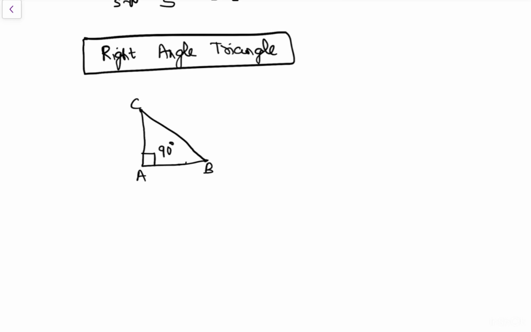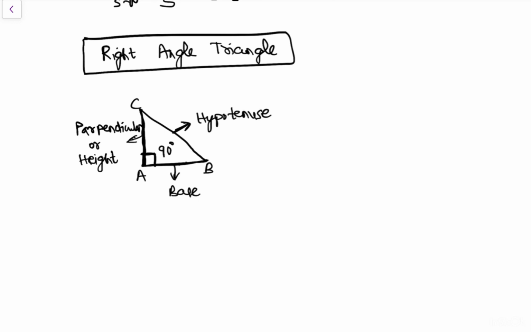So three lines make a triangle, and one angle is 90 degrees, and this is called what? Perpendicular, or height of the triangle. Okay, and this is called base. This AB is called base, and this one is called hypotenuse. Okay, and how this concept can be used, see, the formula is hypotenuse square